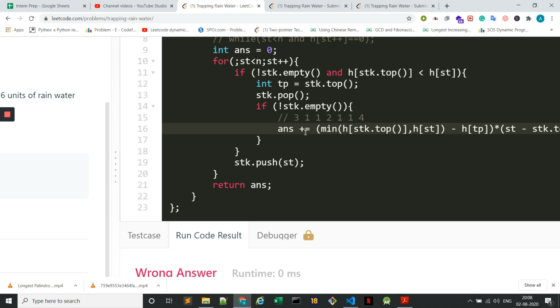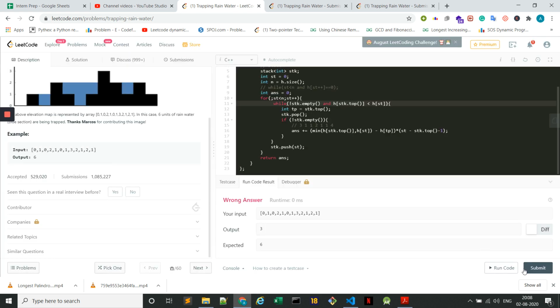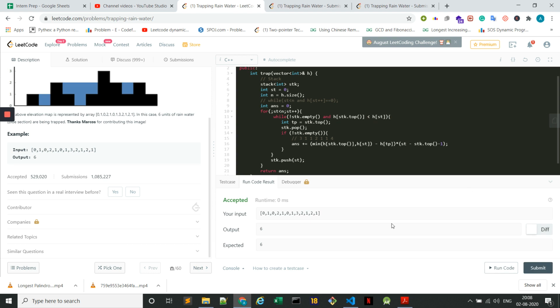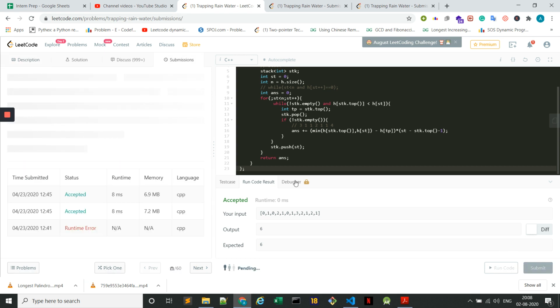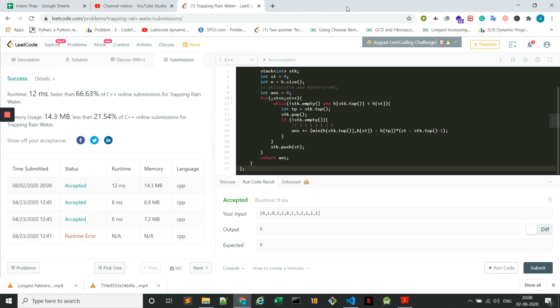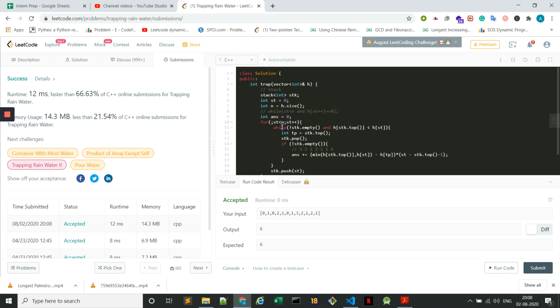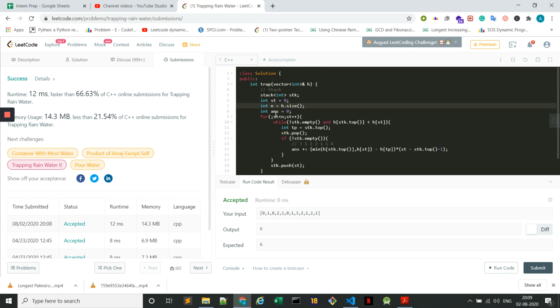Oh shit. Instead of this if, it should be a while. Shit man, because we are popping out each and every entry. Okay. Now I think we are good to go. Yeah, we are good to go. Sorry for the delay. But yeah, this was the while and not the if. And this is redundant, we do not need it. This is all. I think this is the most optimized way to do it.